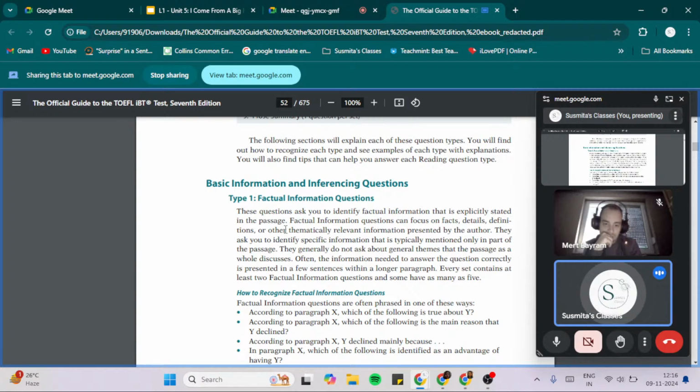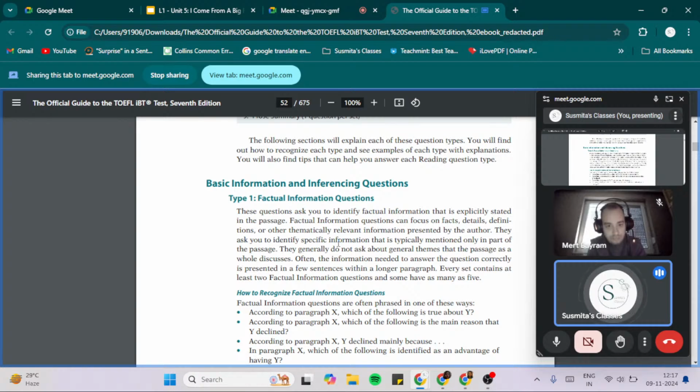For some paragraphs you will need to make sure that you have selected the correct answer. So even after selecting the answer, you might want to scan through the paragraph again to make sure that it is the correct answer, so as not to lose any point there. Some questions, like the vocabulary question, would hardly take you 15 to 20 seconds, because they usually highlight the text in the paragraph. So it becomes easier for you.